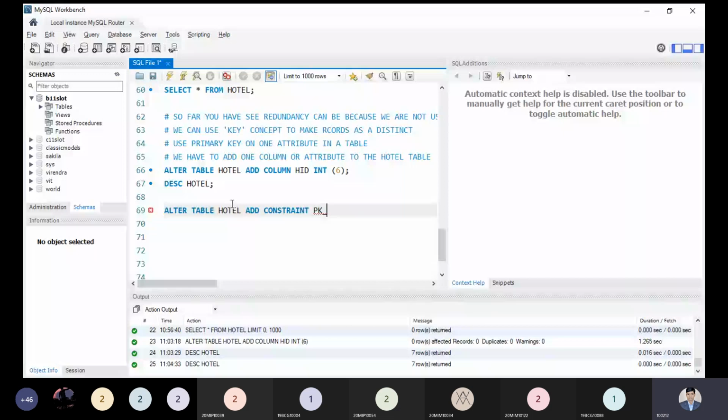And now you are adding the constraint as a primary key over here. So add constraint PK underscore HID is the name of the constraint, and this constraint will be applicable in the coming times. That's why I'm explaining this right now. So add constraint as a primary key, and on which attribute I need to use it: HID. And just use the semicolon because we can use multiple statements right now. So now you can see there is no syntax problem over here. Let us understand the logical part.